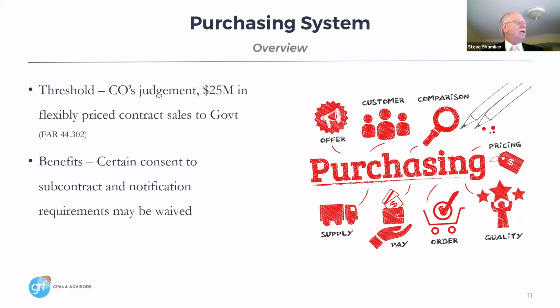The head of the agency responsible for contract administration may raise or lower the $25 million review level if it's considered to be in the government's best interest. It's a pretty well thought out threshold. The contractor has to have a certain amount of volume with the government. It requires the contracting officer to exercise judgment. So if the contractor's doing a lot of business but doesn't subcontract much of the work, there's no need to perform a CPSR.